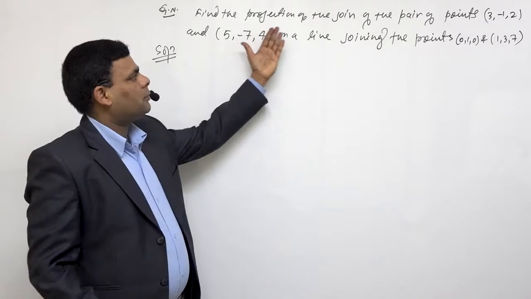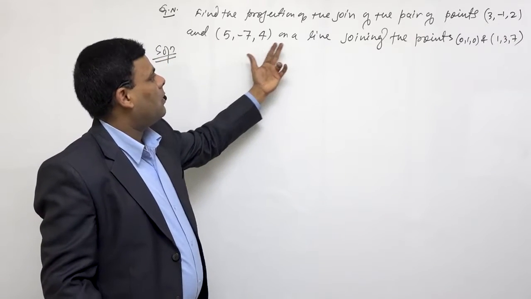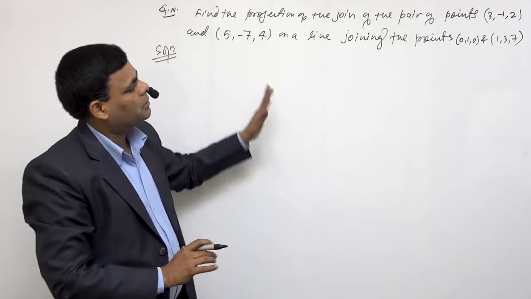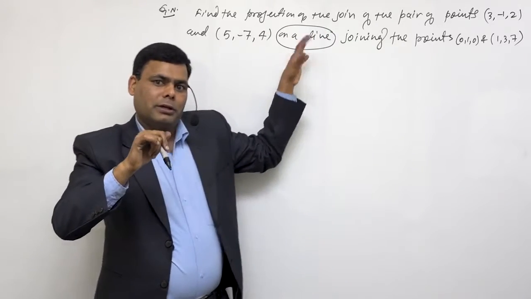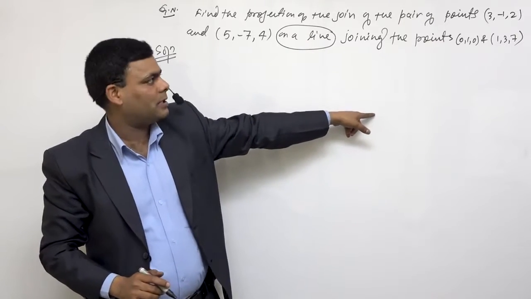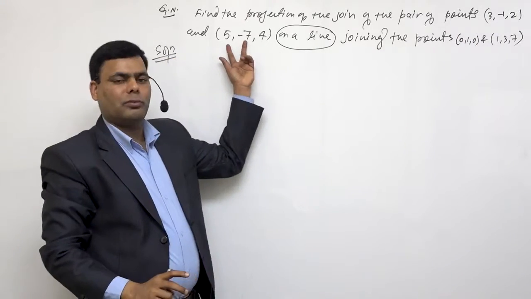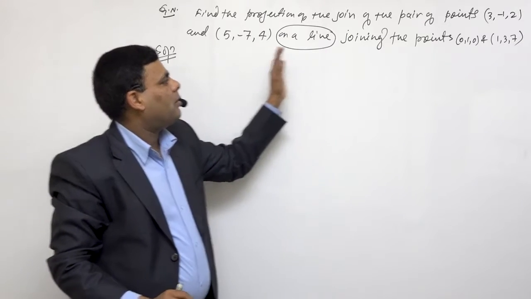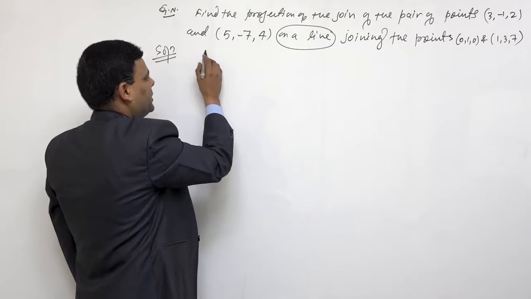Now the question is: find the projection of the join of the pair of points (3, minus 1, 2) and (5, minus 7, 4) on a line joining the points (0, 1, 0) and (1, 3, 7). This is the important thing: when it says on a line, we always have to find the direction cosines of that line. We can take either of the two points as x1, y1, z1 and x2, y2, z2. So let the given points be